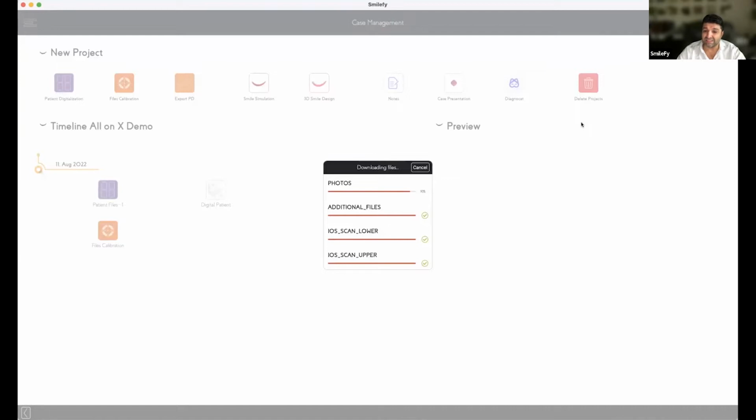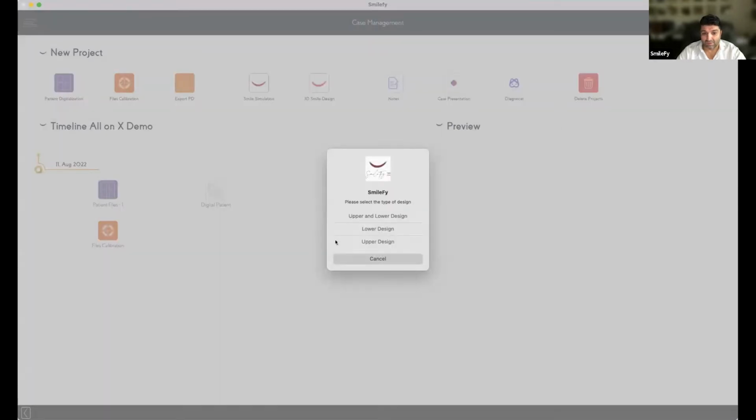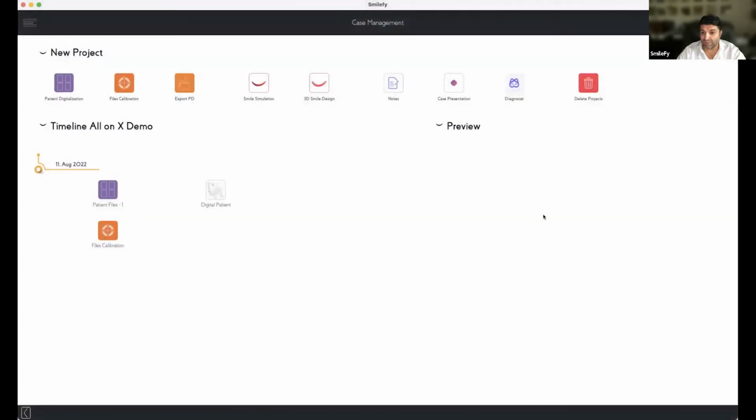DiagnoCAD is integrated in Smilefy, and you can do the segmentation inside Smilefy. So you get the CBCT bone inside Smilefy, and it's perfectly done. Good, so we're going to go with the upper design.